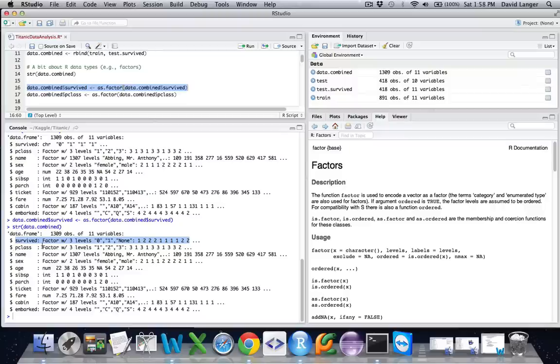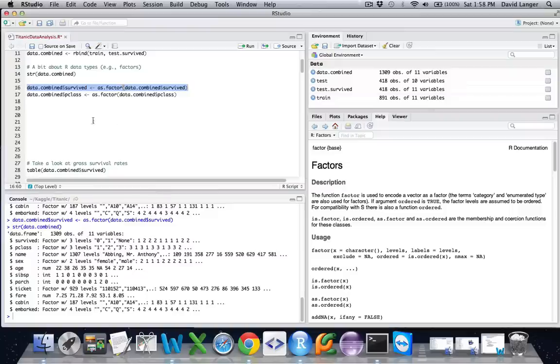Cool. So we've massaged our data a little bit here into a format that's more amenable to both machine learning as well as data analysis, by making the things that should be categorical variables or factor variables that way, as opposed to what R originally had loaded them in as. Okay.